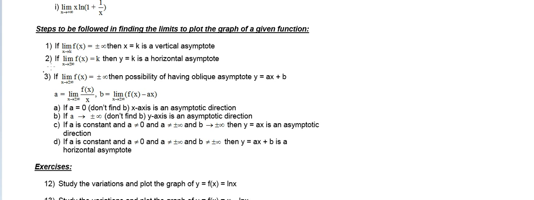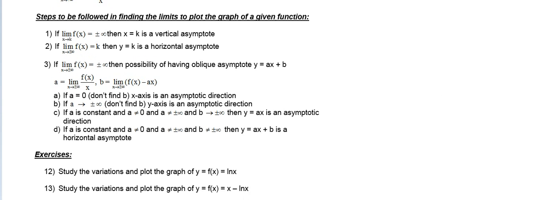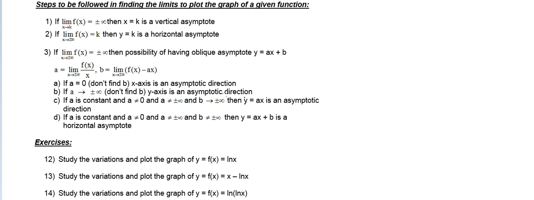In general, to plot the graph of a given function, we find limits first after the domain of definition. And it is very important to know: if the limit of f of x as x approaches k, a constant number, equals plus or minus infinity, then x equals k is a vertical asymptote. If the limit of f of x as x approaches plus or minus infinity equals k, then y equals k is a horizontal asymptote. And we used those a lot